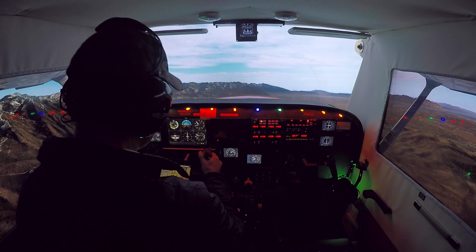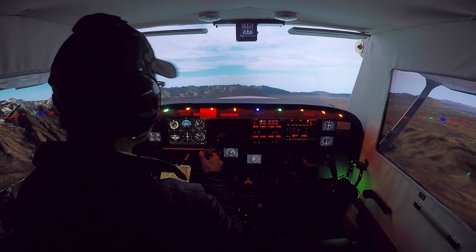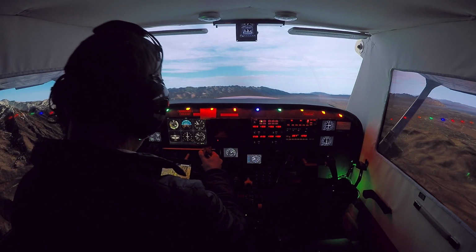So we didn't ask for flight following, so I'm just monitoring the frequency just to monitor it. But the fact of the matter is that we're done talking to them and they're done talking to us. We've squawked VFR and we're on our way. I think what I'll do...